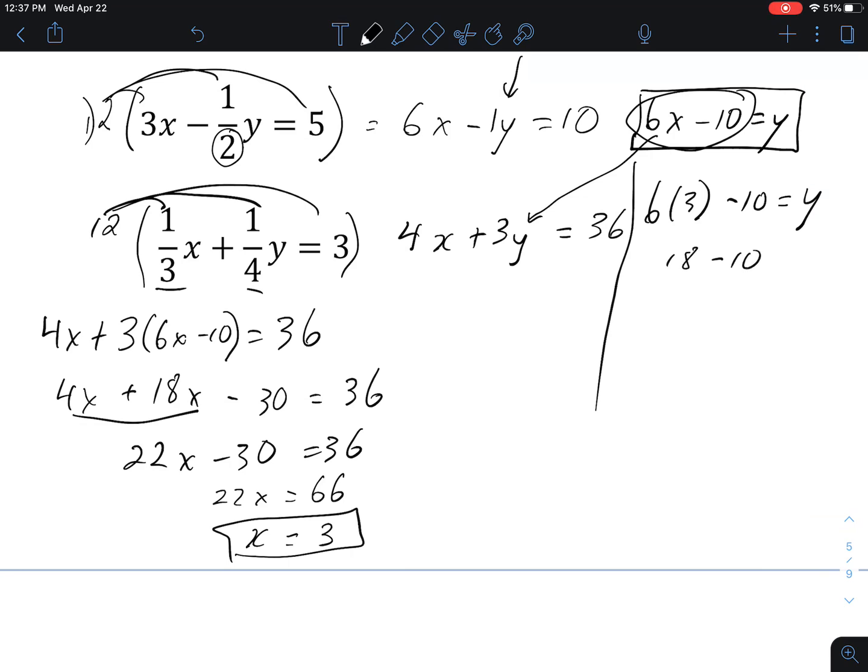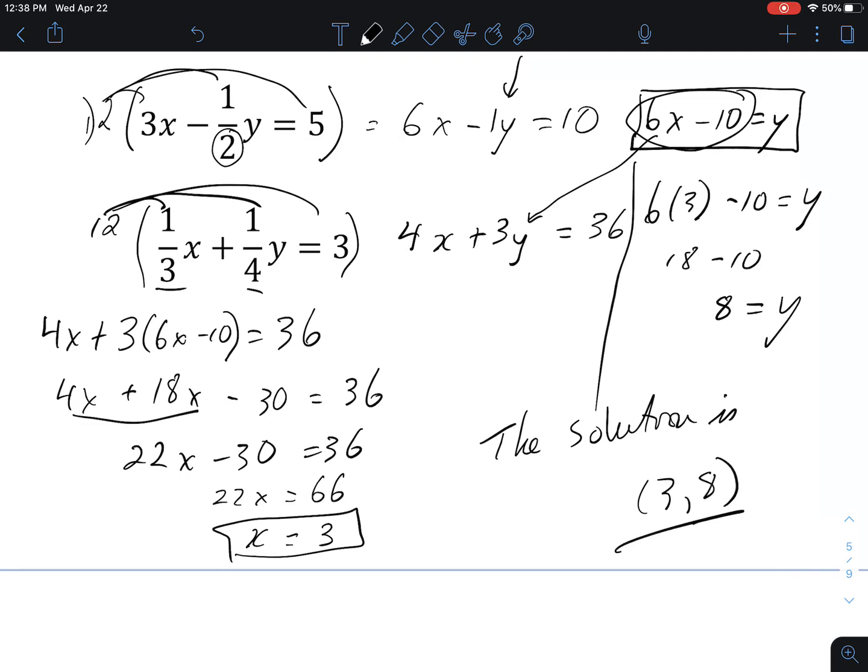So I'm going to go back over here. 6x minus 10 is y. So 18 take away 10 is 8, and that's my y value. So this one, the solution,